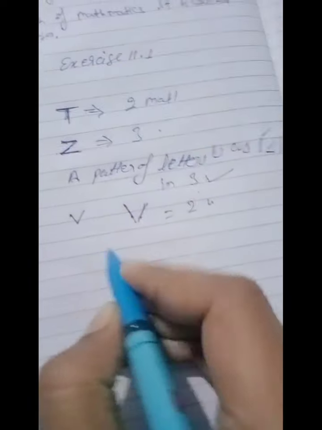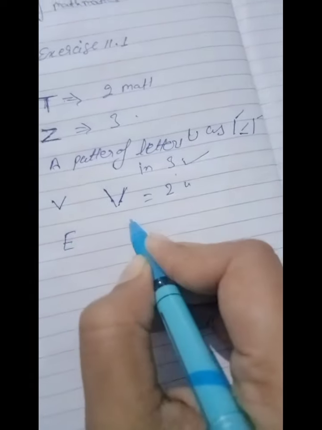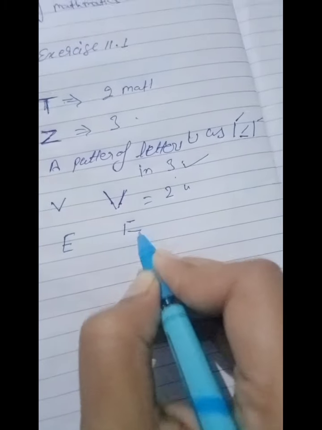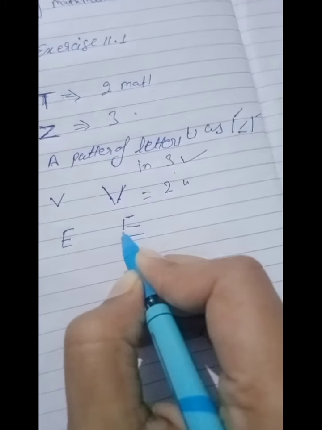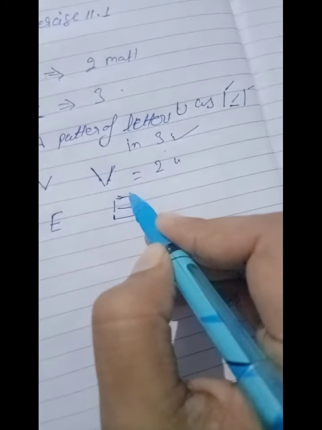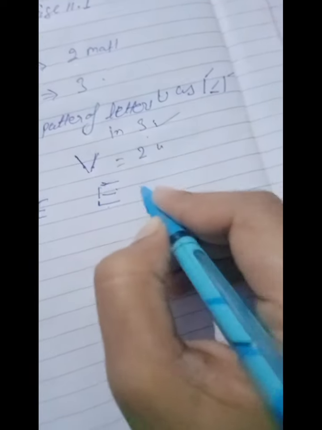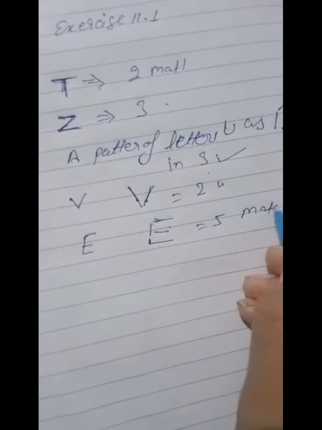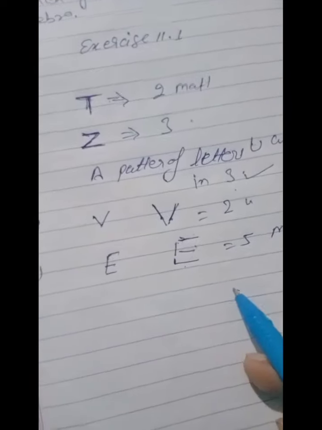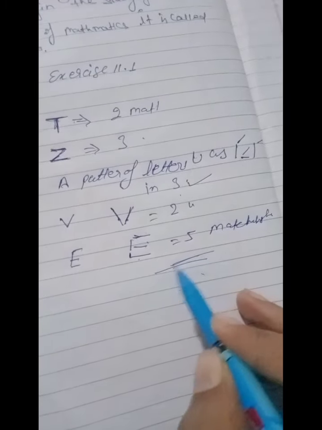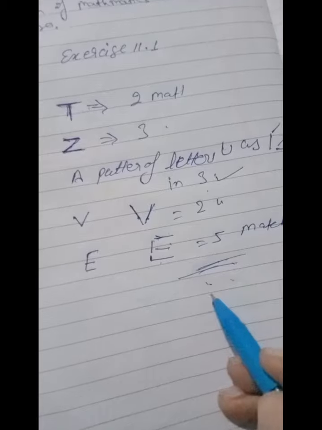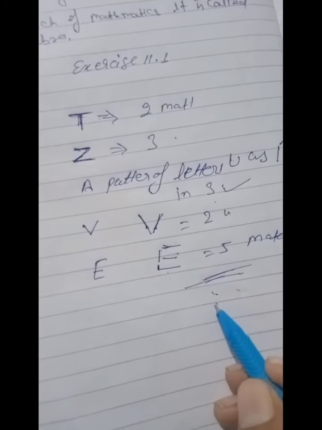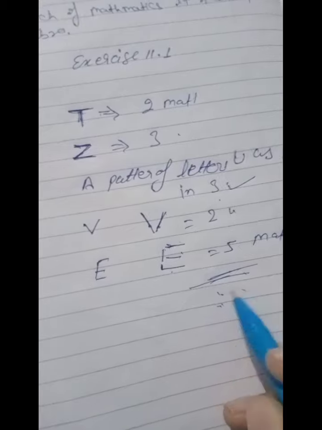So if we talk about the E pattern, we will find that this is the part of this question. If we talk about this one, how many matchsticks do we use in this E? So 1 2 3 4 5. There are 5 matchsticks used in this. So the answer is clear from this. There are 5 matchsticks used in the E part. Similarly, the same way we have to attempt the question, and we get the answer from this.